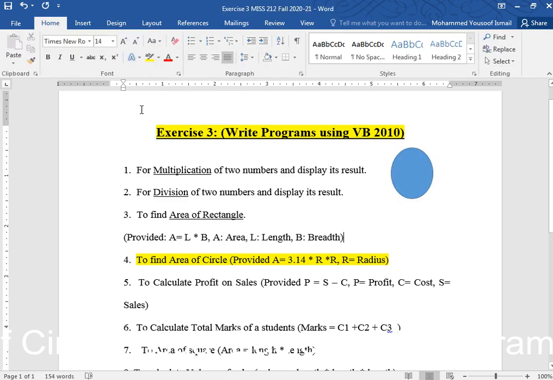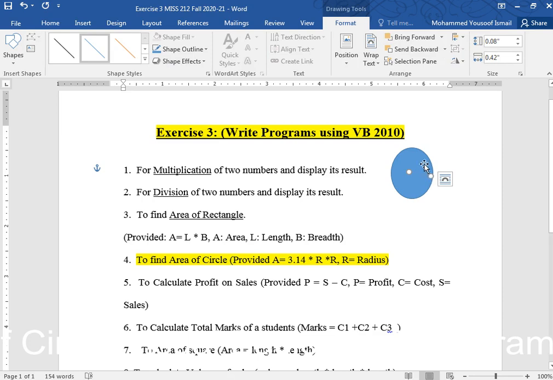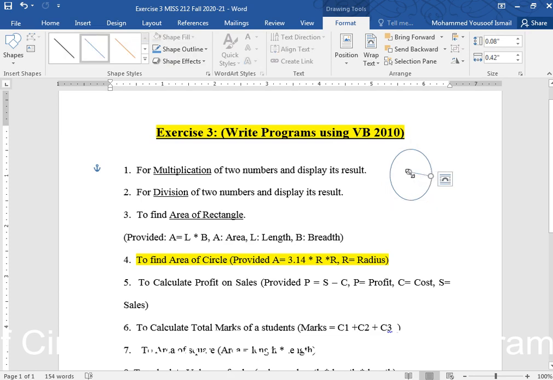This is my idea. To find the area of the circle, you have to understand one thing very clearly. You will have something called radius. Here you have the radius. Maybe the fill is there now, so that's why you are not seeing it. This is called radius. This is the radius of the circle, which is nothing but the distance from the center point of the circle to the outer end. Whenever you are asked to write a program, do not memorize the code.